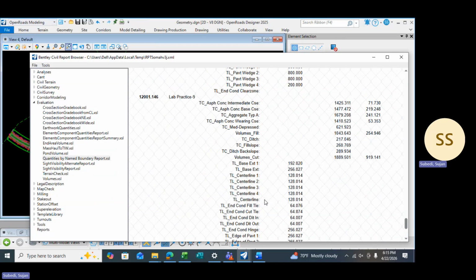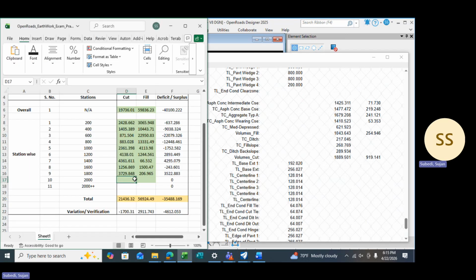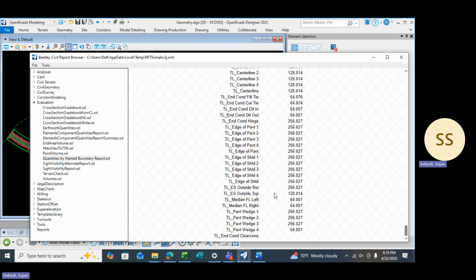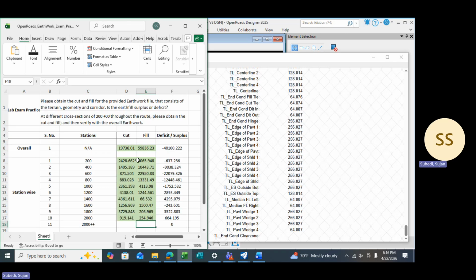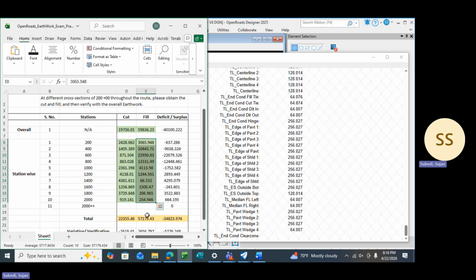This one, cut is 919.141. The fill is 254.946. Now for the last one, I don't think we have. Okay. Now your task here is to see. So this one was the total that we had, but if we just calculate it for each of the sections,